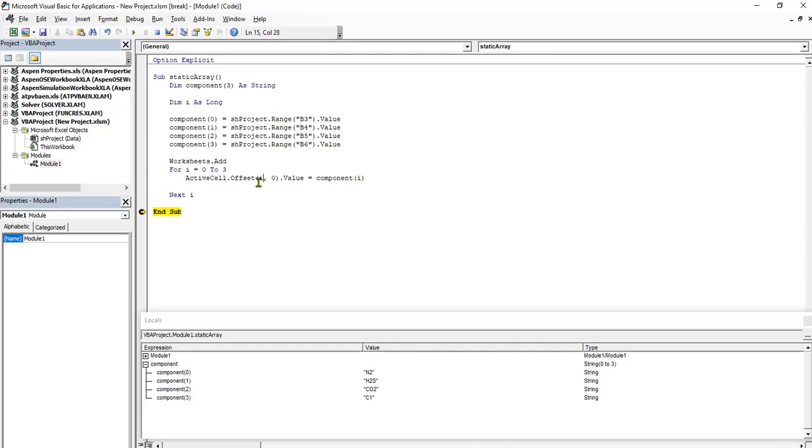When it is 3, it will move 3 rows down from the active cell, so it will be at row 4. So now this is the loop. We're going to loop this to be able to copy it to the next sheet which we have created. So now let me end this,